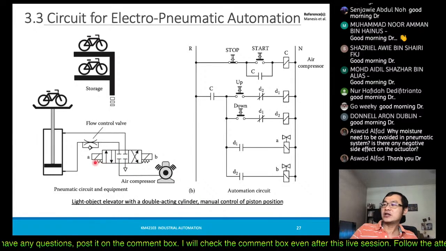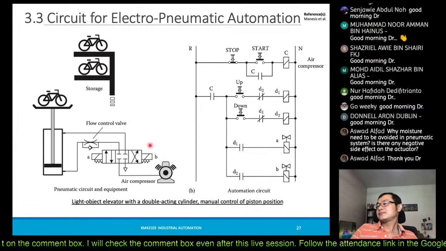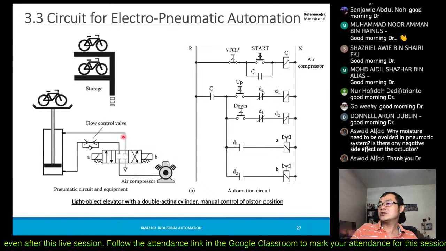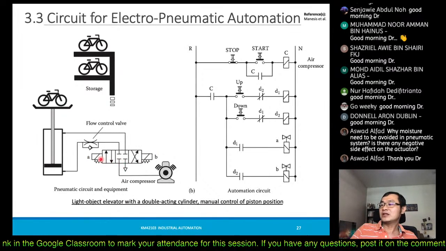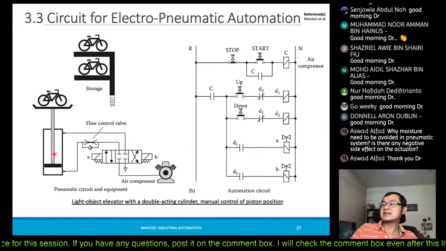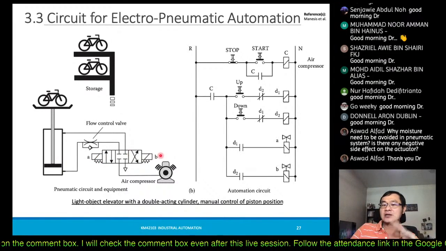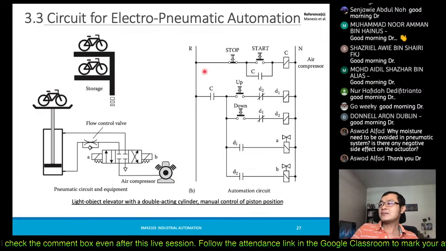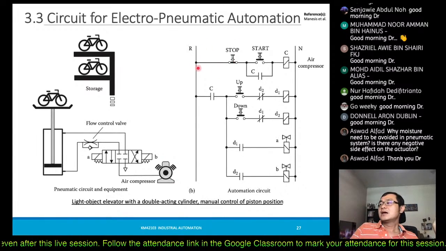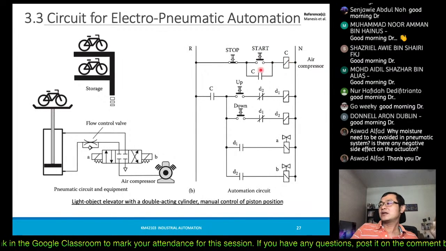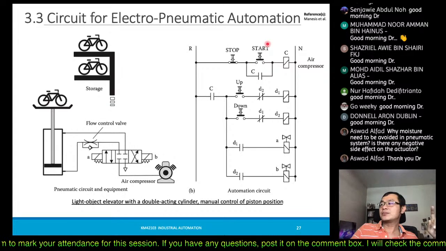So you have solenoid A and B. Normally they are open, so no flow is flowing until you activate whichever direction you want it to go. If we activate solenoid A, it will go in and push this side going up. So activating solenoid A makes it go up, and activating solenoid B makes it go down. Same methods. And originally nothing is on, because everything is normally open until you press the start button,